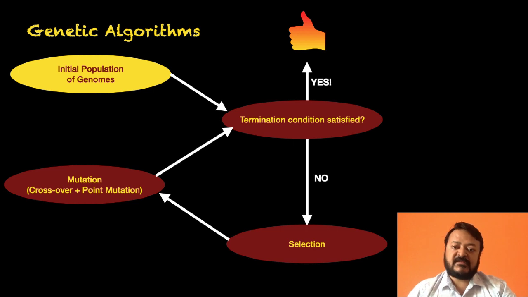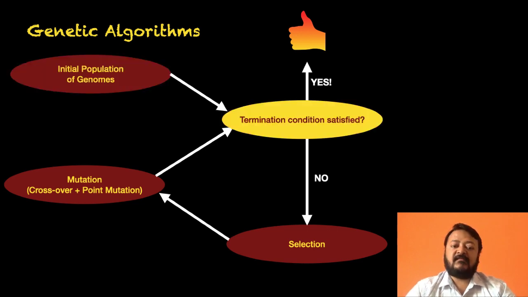Once you have chosen your initial population, you then check whether your termination condition is satisfied. The termination condition can also be of many different varieties. For example, if you have a well-defined fitness function, you may say that I will terminate my code when, let's say, 90% of the binary strings have a fitness value greater than a certain threshold. So if 90% of my binary strings, which can also be called genomes in this context, have a value greater than a threshold, then I may stop my genetic algorithm.